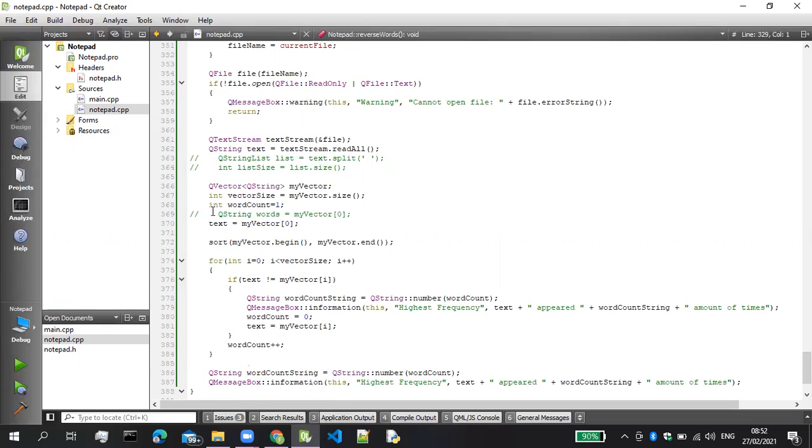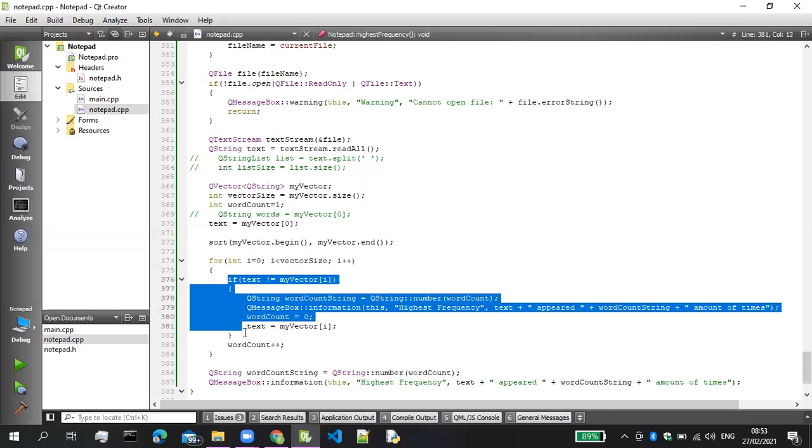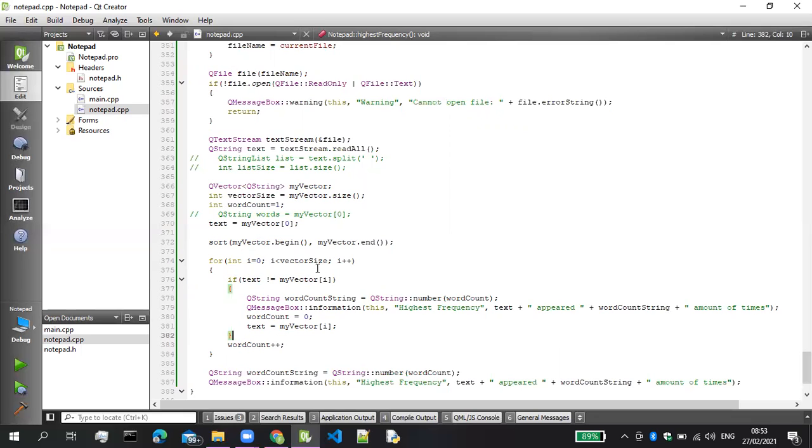Nevertheless, we used a vector that stores the words in our text file, and in this for loop, we're just gonna traverse through all the members of our vector, and in this if statement, the if loop just states that if our current word is not the same as the word afterwards,